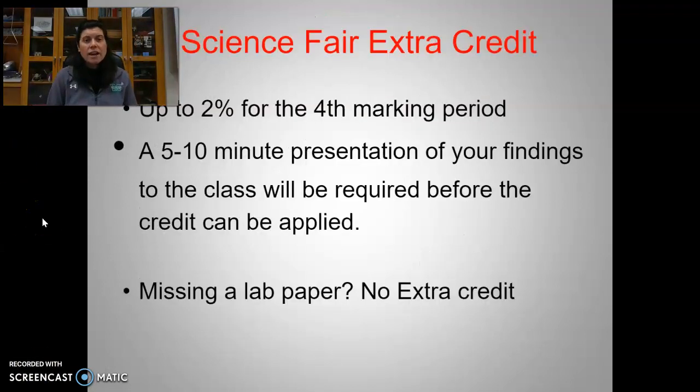There is an opportunity for extra credit in this course. It's if the student does science fair. You can earn up to 2% for the 4th marking period. So the student would go to science fair, and then around the 4th marking period, they would do a 5 to 10 minute presentation about their project and their findings, and then they would receive 2 percentage points on